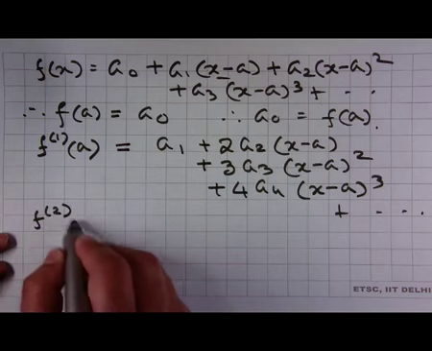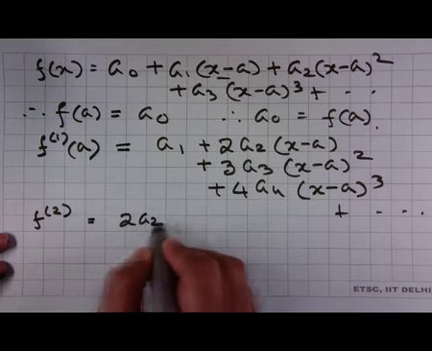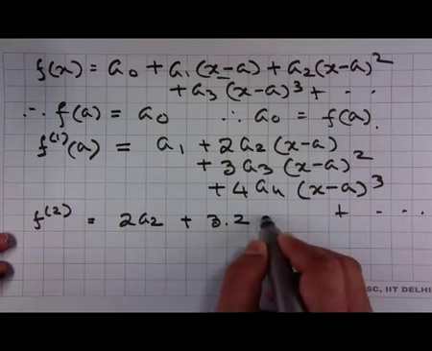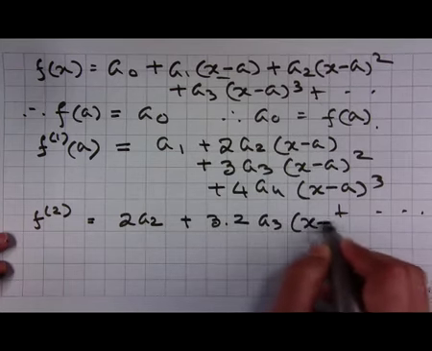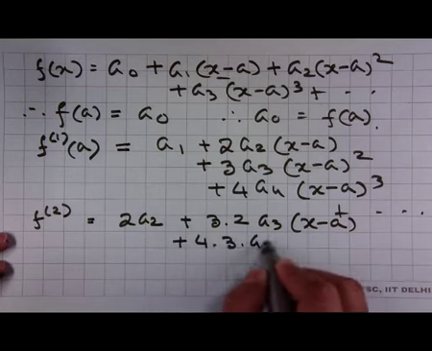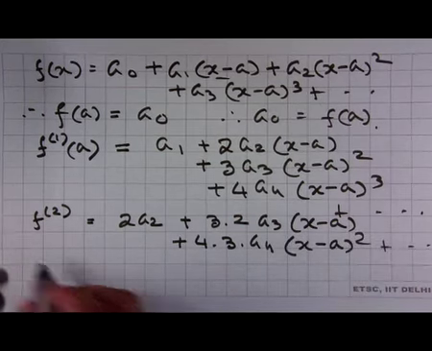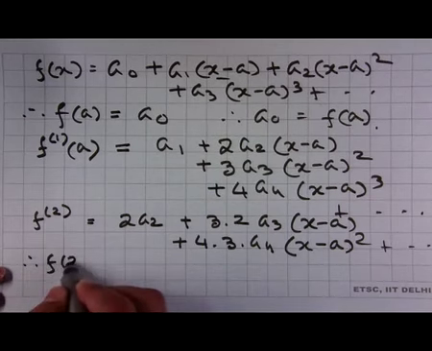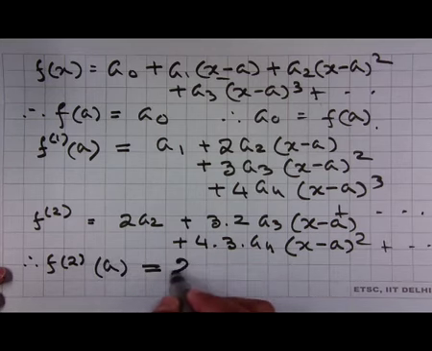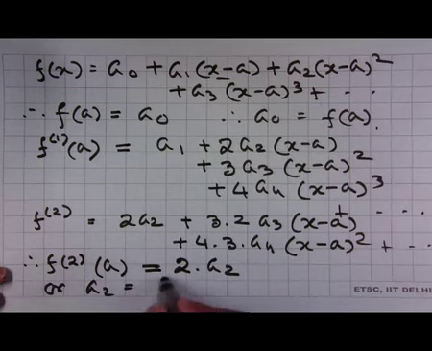The second derivative of f(x) is 2a2 plus 3 into 2 a3 into (x minus a) plus 4 into 3 a4 into (x minus a) whole square, etc. Therefore, f2 at a is equal to twice a2, or a2 is equal to f2